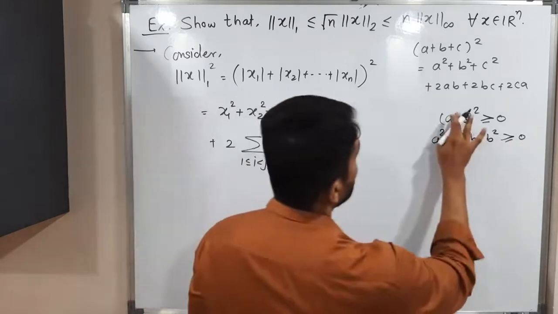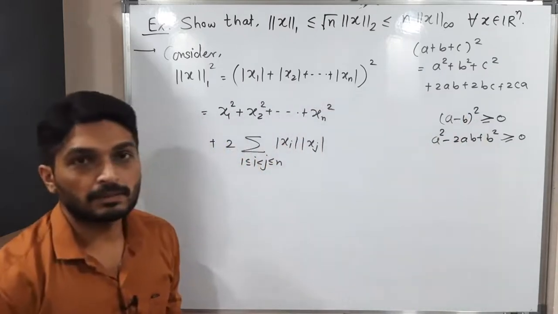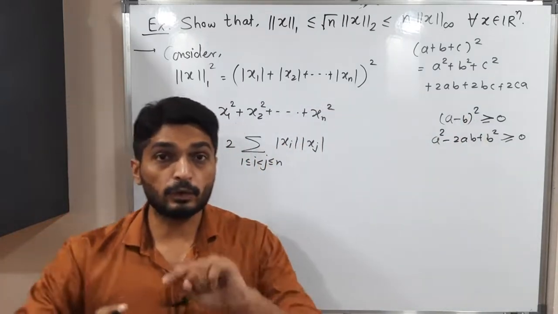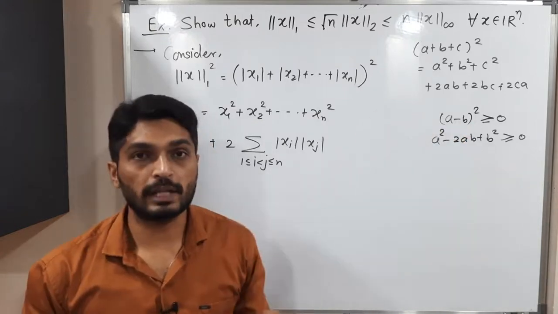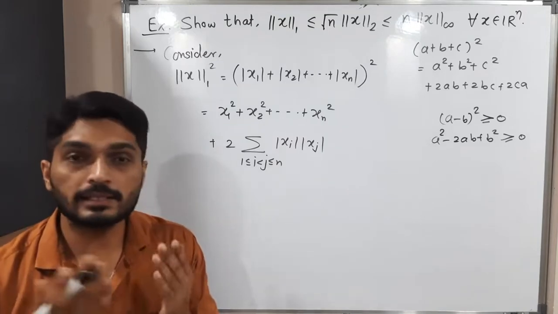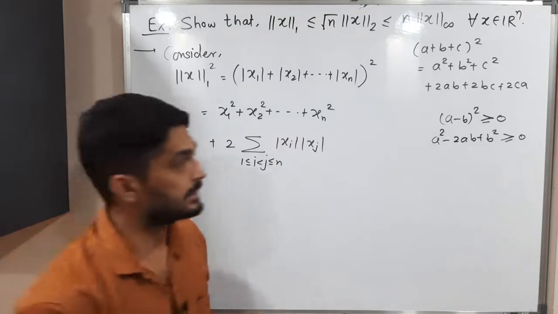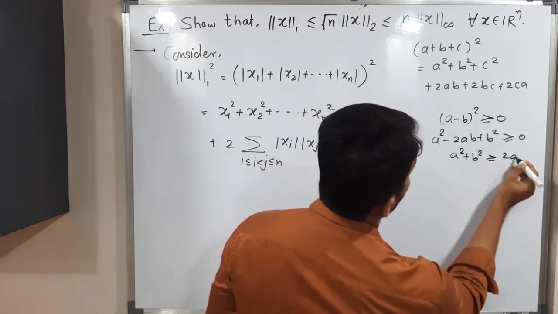Okay, instead of plus I will take minus here, so then we will have (a minus b). Some number will be there, but when you take the square, it will be greater than or equal to 0. I am expanding the bracket. Let us shift minus 2ab to that side. It has a negative sign, so when you shift it there, it will have a plus sign. So a square plus b square is greater than or equal to 2ab.